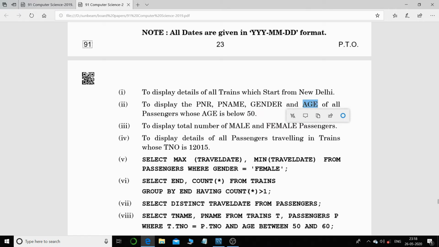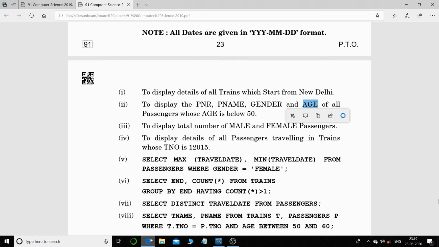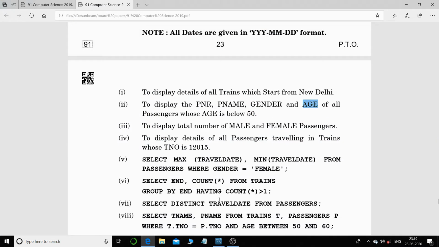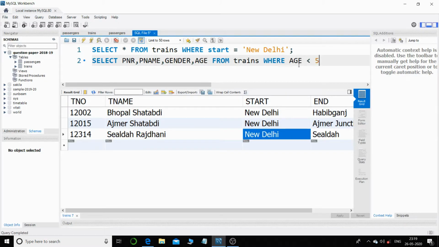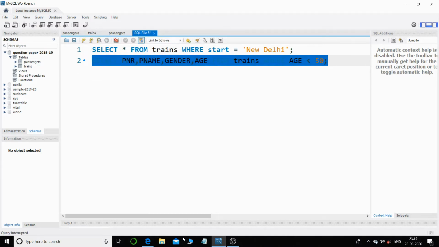So let us go for that. So let us type, that is select, then this time it is PNR, comma, then PNAME and gender, PNAME comma gender comma age from the table that is trains, and then where I will say age should be below 50. So I will just give age less than 50. That's it. So I will just run this, select this and run this, and you can see that